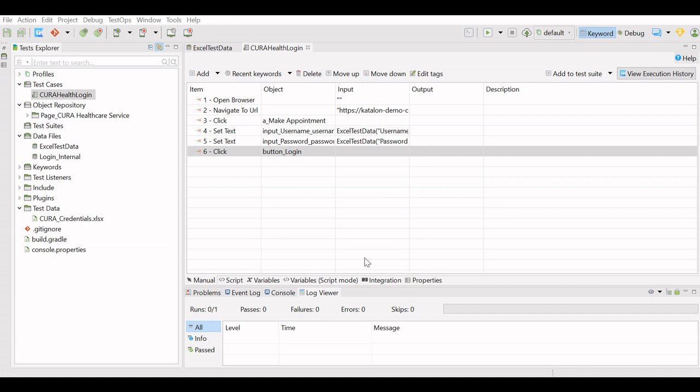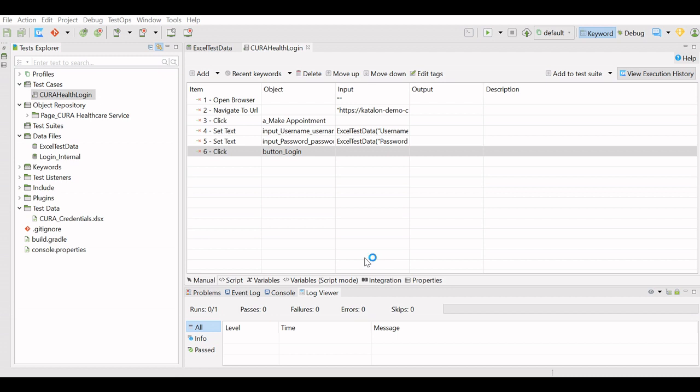We have seen the use of global variables and test case variables in the test data as input in my earlier tutorials of variable types and profiles. We have also learned how to use the internal test data and external test data as an input to the test case in part 1 of data-driven testing, that is parameterization. I have shared the links below in the description for these tutorials.